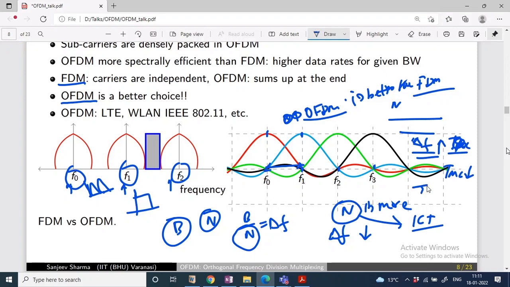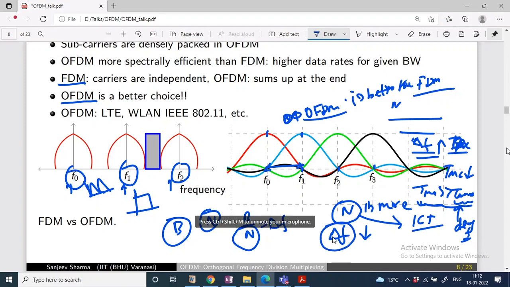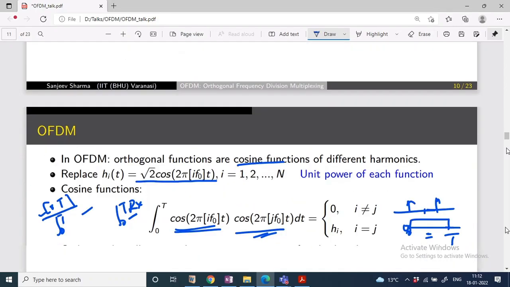Then maybe the condition we consider may be violated. This condition involves tau max, the delay spread of the channel, and delta f, the spacing, which depends on the coherence time of the channel. So how many subcarriers we can consider depends on the channel properties, the coherence time and the delay spread of the channel. By considering these two factors, we can decide the value of n for that particular operating environment. Is there any question regarding this OFDM?